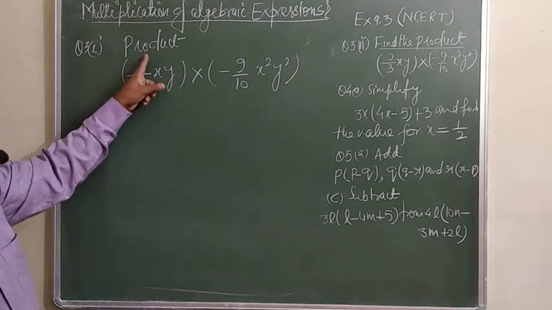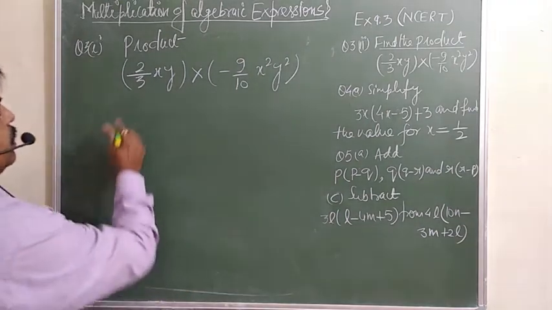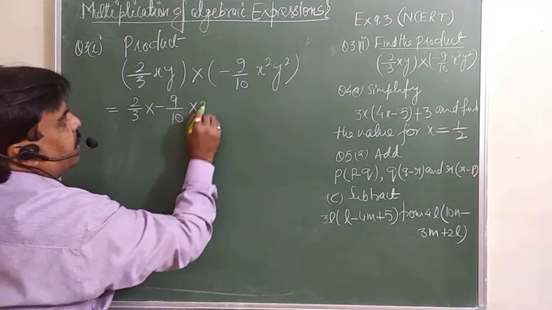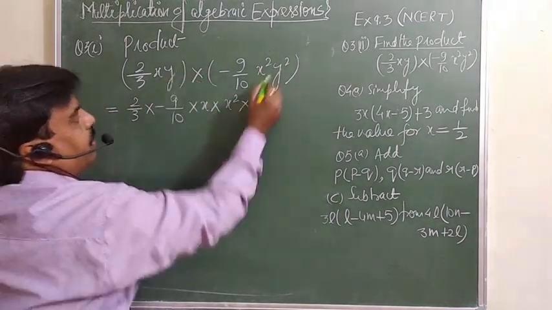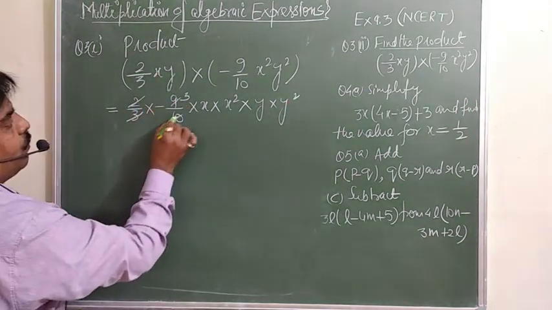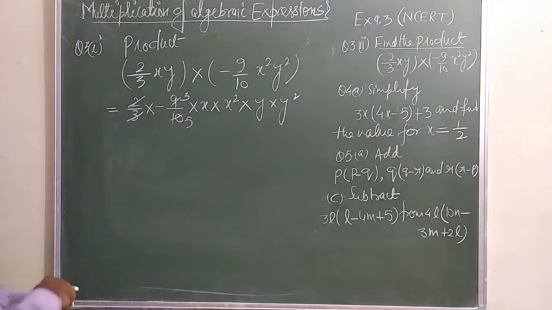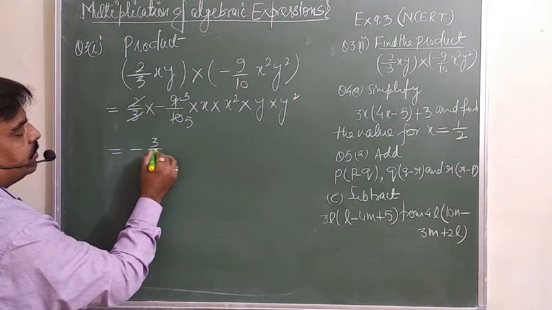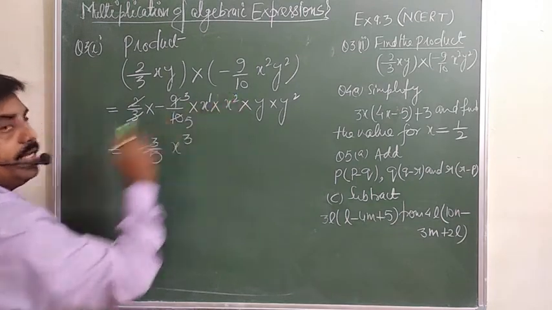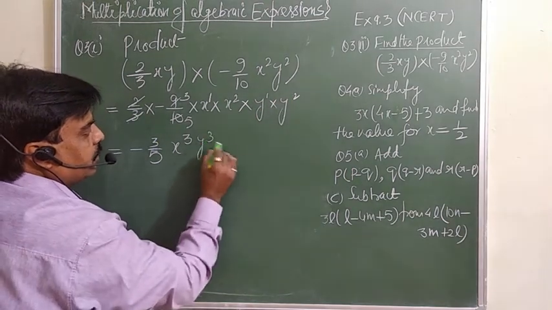So you are supposed to multiply number with number, variable x with x, y with y. So we can write down this is 2 over 3 into minus 9 over 10 into x into x square y into y square. You can see 3 3s are 9, 2 5s are 10. If you want to cancel you can cancel, if not, then directly multiply numerator with numerator, denominator with denominator. You can write down the product. So this is minus 3 over 5. Now here is x raised to power 1 and x raised to power 2. This will become x raised to power 3. Power will be added, because the base is the same, power will be added. Into y raised to power 1 into y square. So this is y cube and this is your answer.